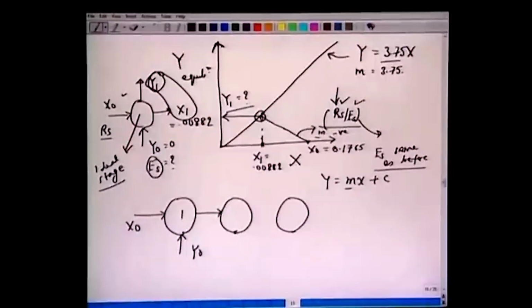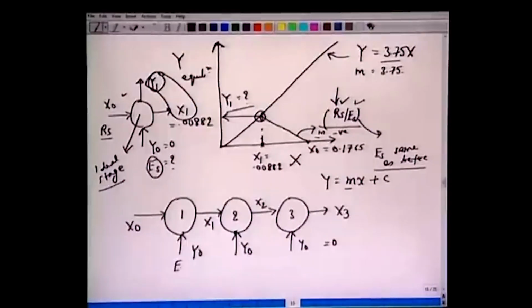Now, we have stage 1, this becomes x1, this is stage 2, this becomes x2, and we have 3, this becomes x3. And every time in all the stages we bring the fresh solvent. So, all this y0 same equal to 0, and we are assuming we have the same flow rates, which is